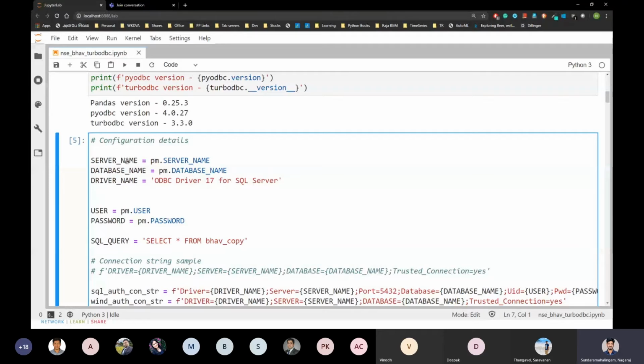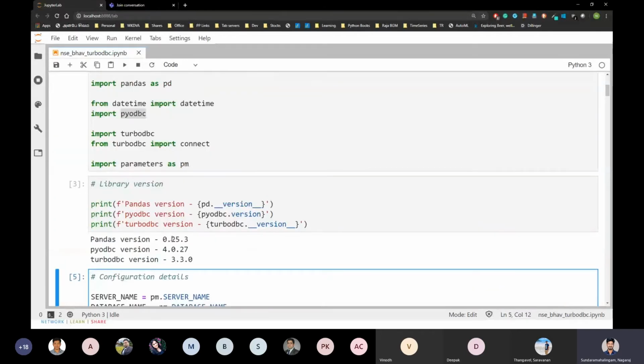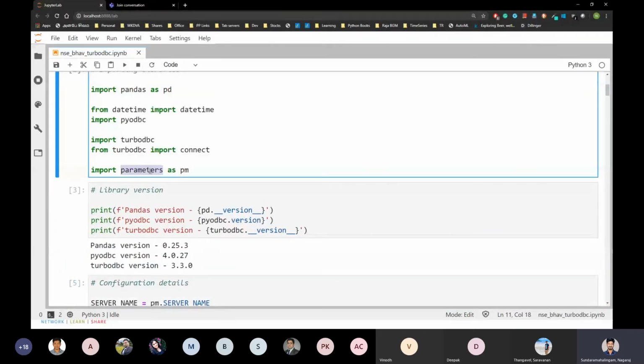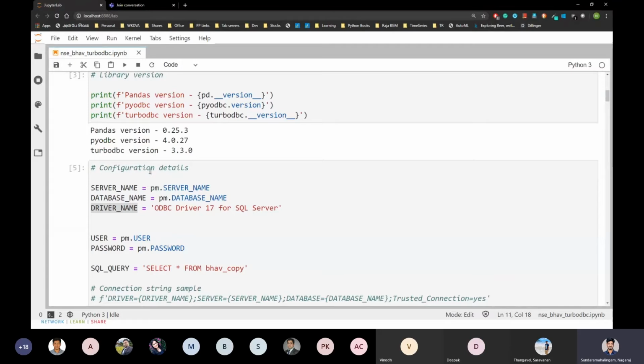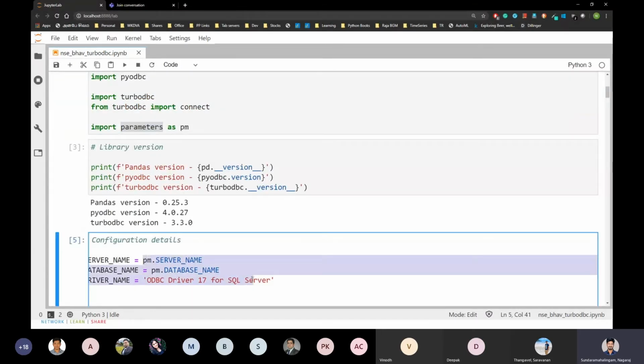And I'm assigning the server name, database name, driver, username, and password from the parameter file. For security reasons, I'm just reading from the file, not exposing the values here.